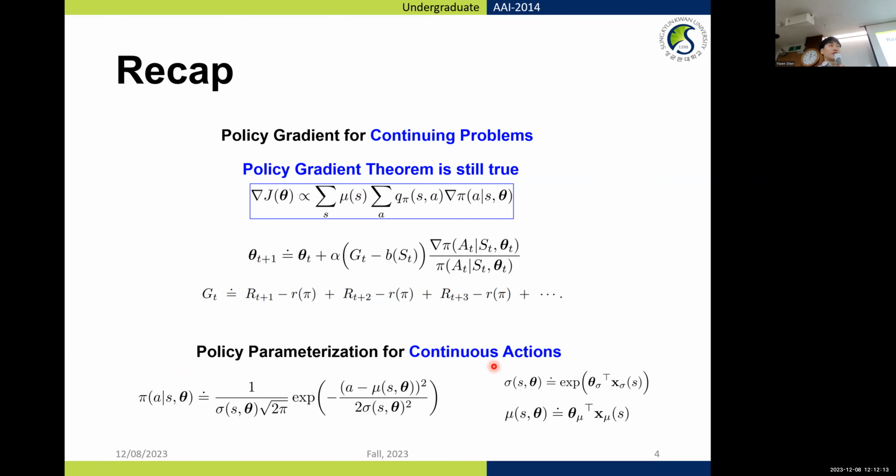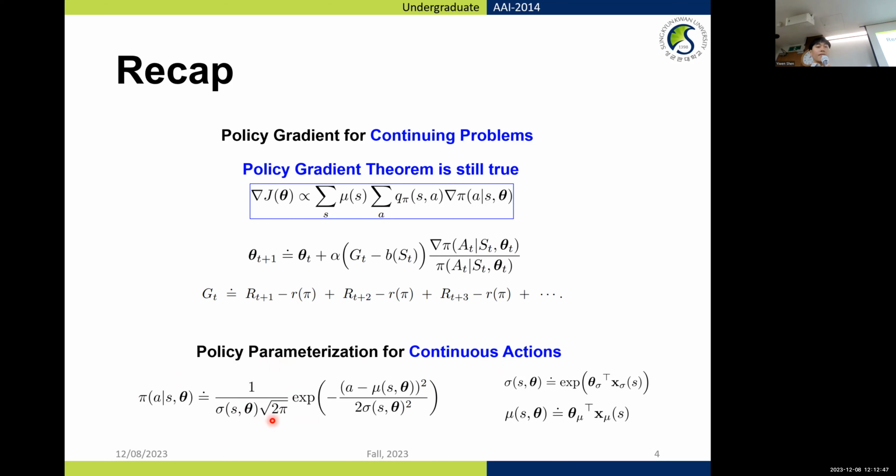For this continuous action space, as I mentioned, the continuous action space is quite general or normal in real world applications. Like you control your autonomous vehicles, you control drones, you control different kinds of robots, machines, different kinds of sensor information. Their actions are continuous. So for this kind of purpose, we can design the policy pi in the form of